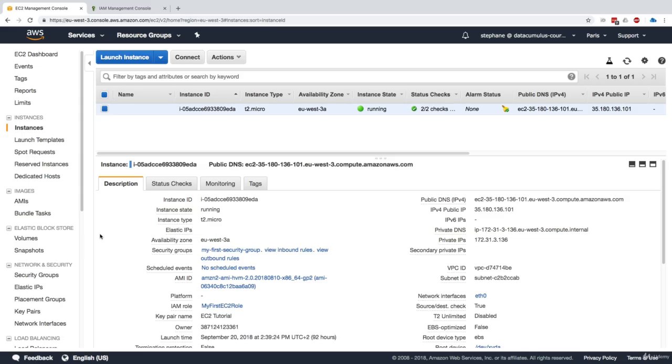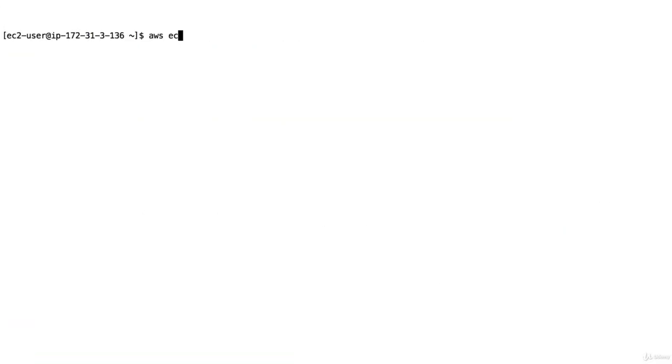So let's say we want to see whether or not our EC2 instance with this IAM role can create other EC2 instances. That'd be something fun to test, right? But we actually don't want to create another EC2 instance. We just want to make sure that it can create EC2 instances. So let's have a look at the command. For this, it's called aws ec2 run-instances. And as you can see, I'm running this command straight from my EC2 instance.